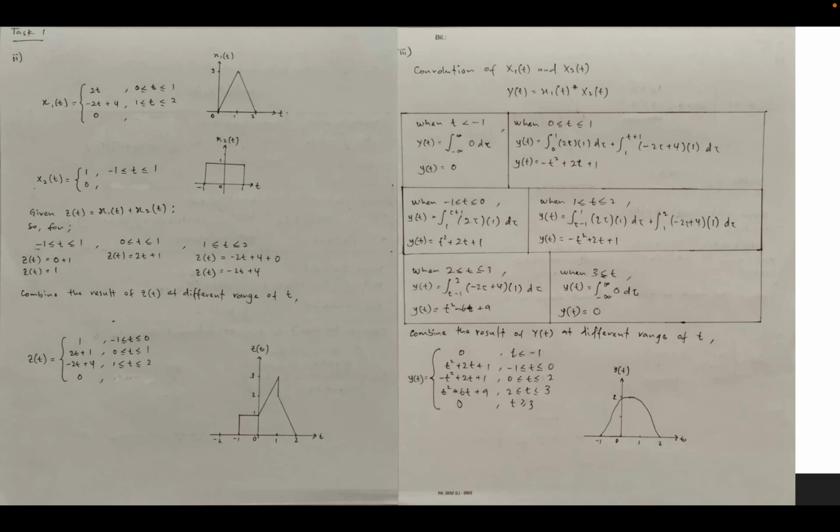So given the addition of both signals, x1(t) plus x2(t),